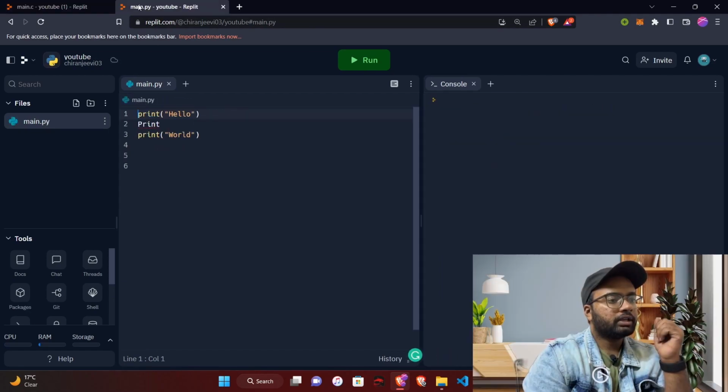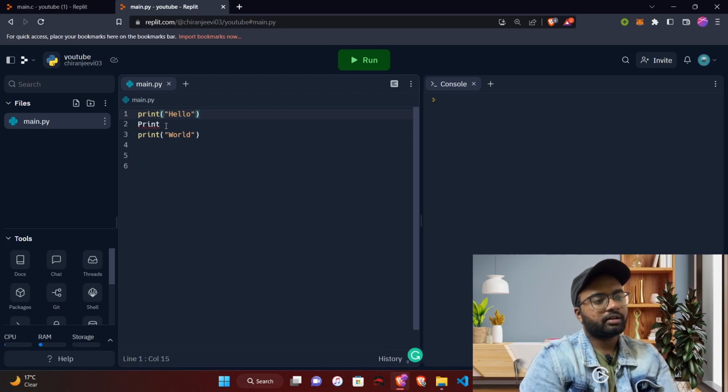So in the case of Python, we have three lines here. The first line is printing hello, the second line is doing nothing, it's just print, and the third line is printing world. As I said earlier, print is a keyword in the Python programming language, but if it's not used properly according to the rules, it's going to give us an error. So the first line should print hello, the third line should print world. But since there is an error at line 2,